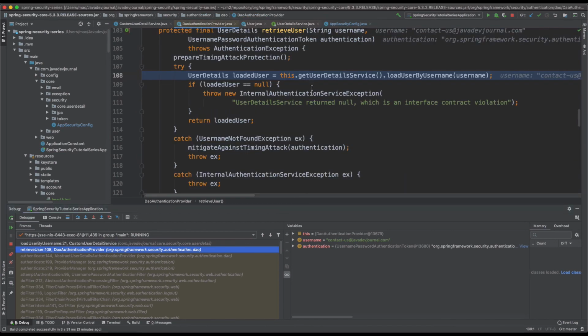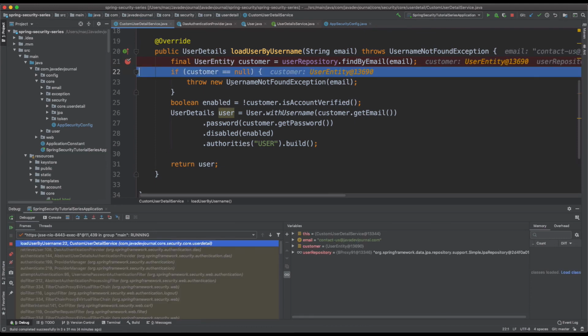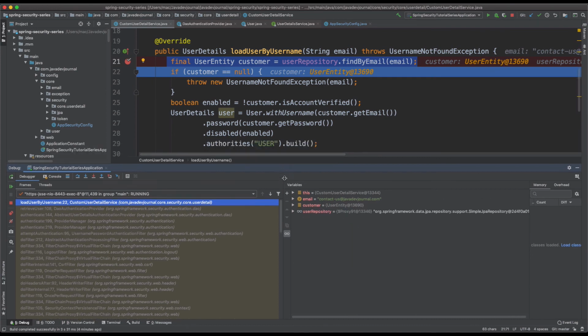let's go back there. Okay, so now it is basically calling our user detail service, and based upon the user detail it makes different calls. But our focus is on the user detail service. Right now, if you see, this is our custom code which knows how to load the customer detail. In this one we got the customer object and all the different things, with the password and all those things.